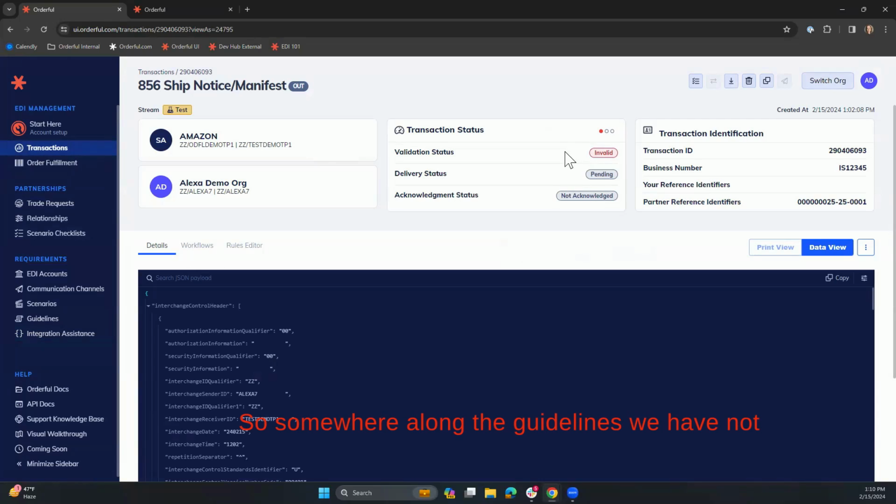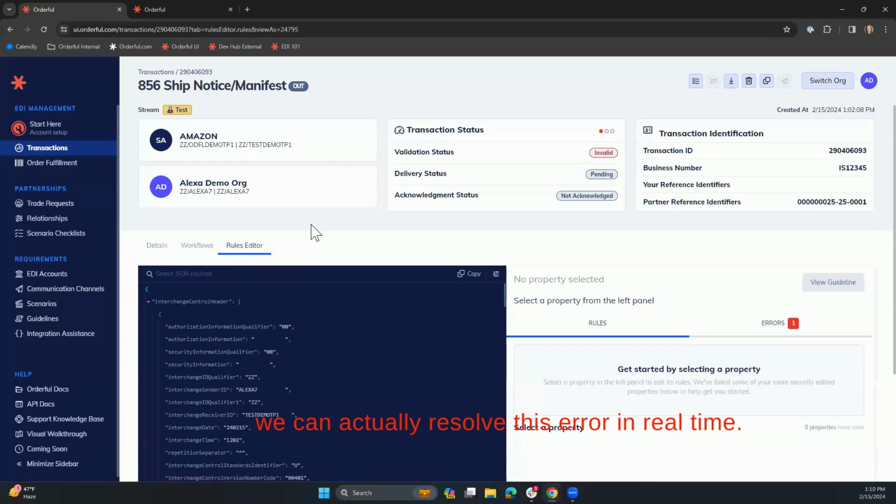So somewhere along the guideline, we have not passed the required information that Amazon is expecting. We also see that it has not been delivered to our trading partner. This is going to eliminate the idea of chargebacks, or where your trading partner hits you with a fine because you've passed invalid information. Now let's go ahead and take a look at how we can actually resolve this error